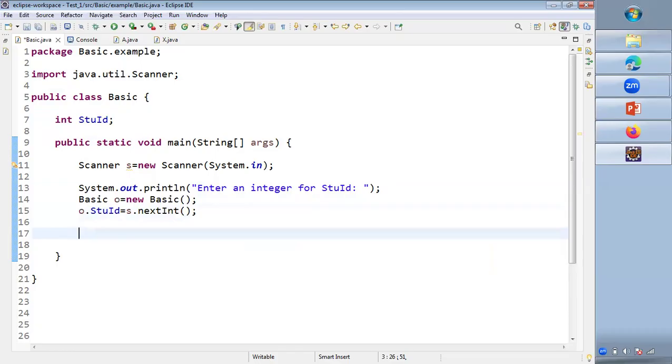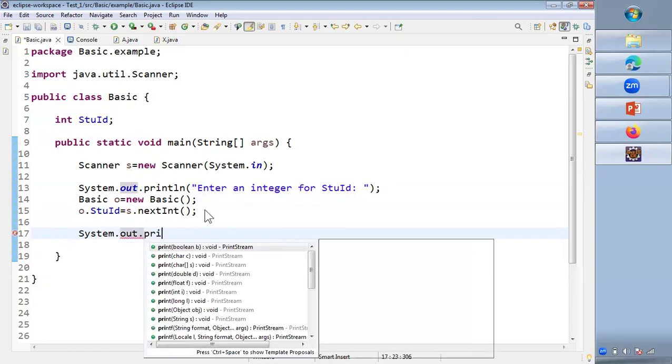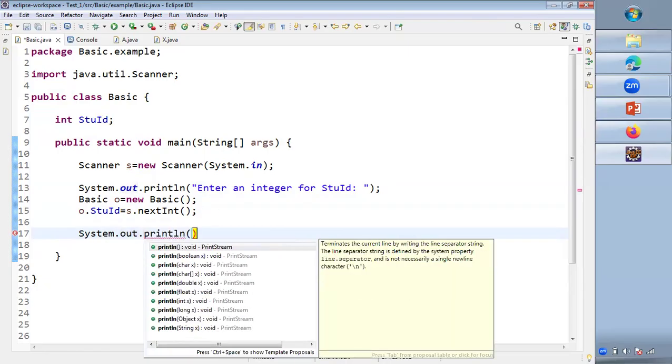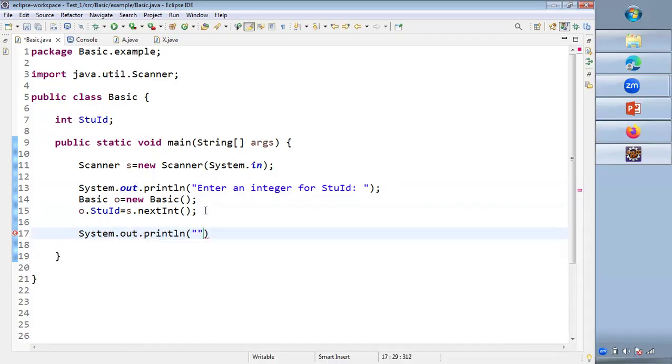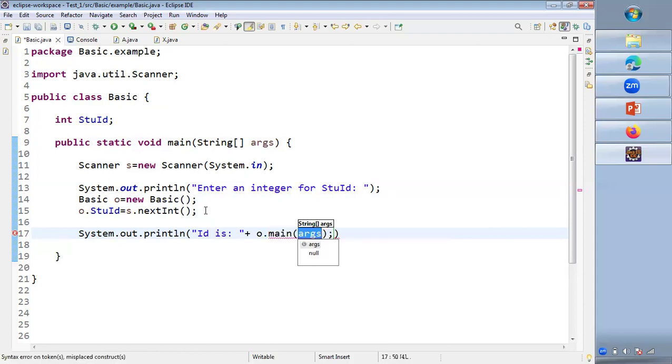Now we can print the ID. For printing the ID, I am again using System.out.println, and to print it, "ID is" is the string I am giving along with the variable value stuid. So stuid, as I said, we should access using the object. So sorry,